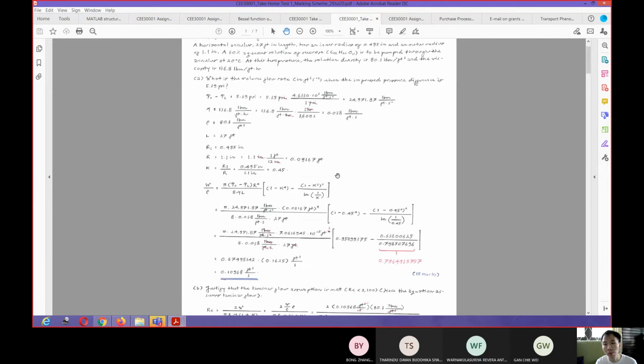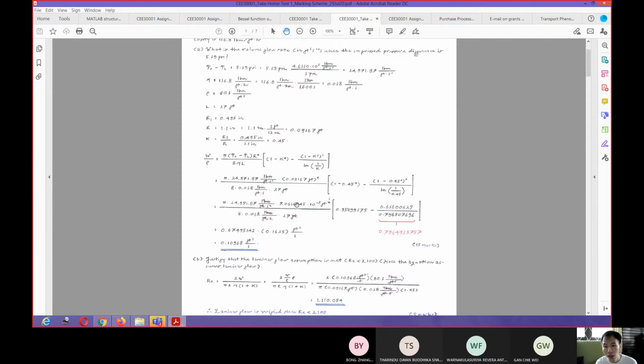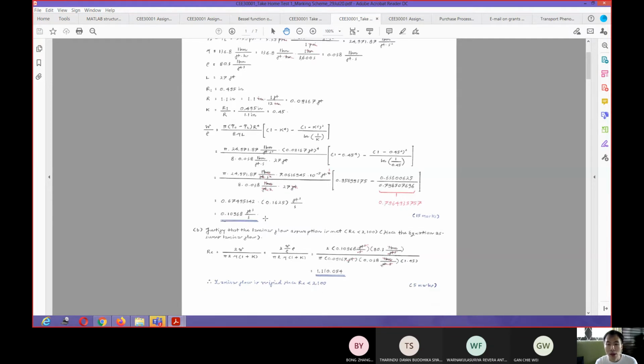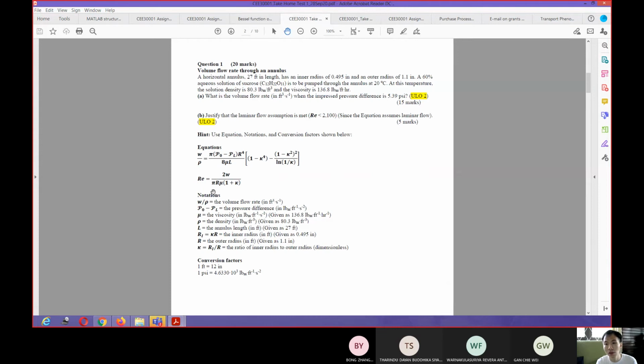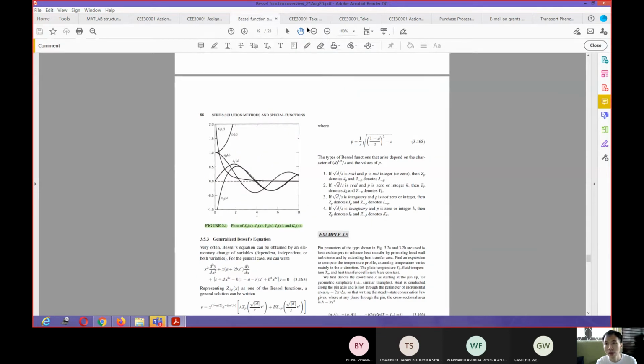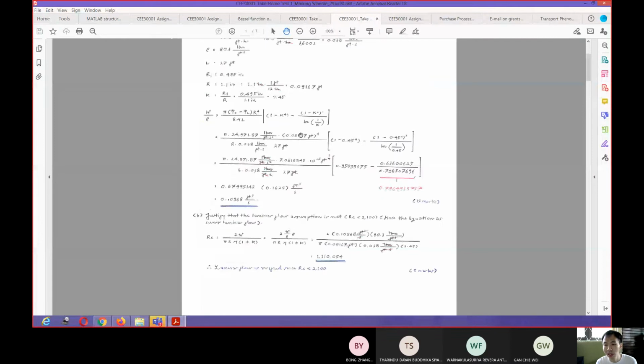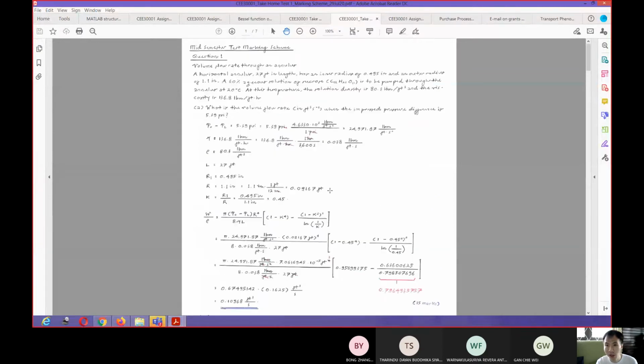The most important thing here is to pay attention to the units. The units have to cancel with each other to give you the correct final answer. So that's the most important thing. So everybody got problem 1 correct, I think. If I'm not wrong, it should be correct. And then justify that the laminar flow assumption is met here. You can convert this one into this, or I'm giving you this Re, and you have to be able to understand how to derive that particular quantity of the Reynolds number from the quantity that is given, or the one that is derived.